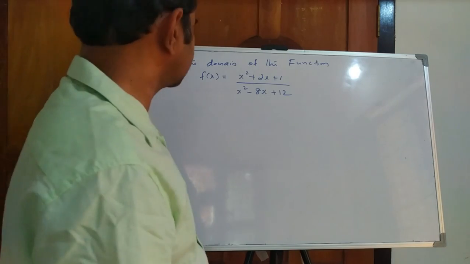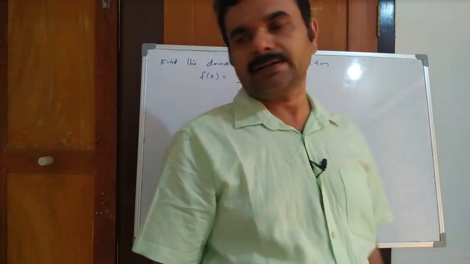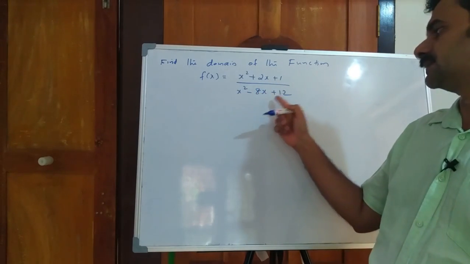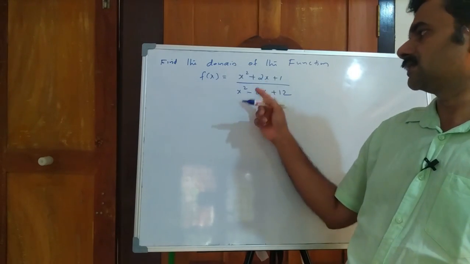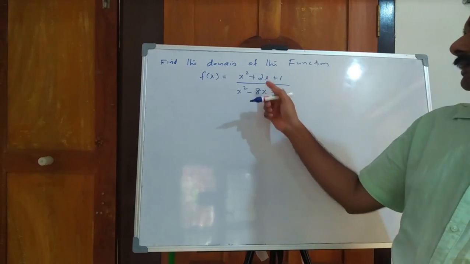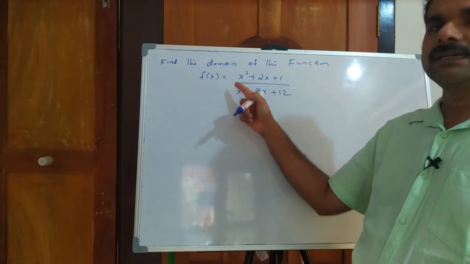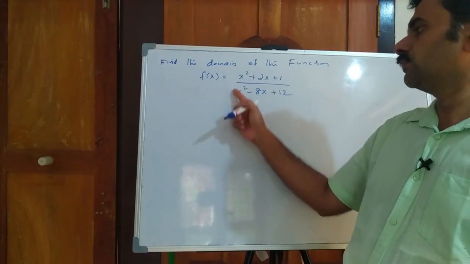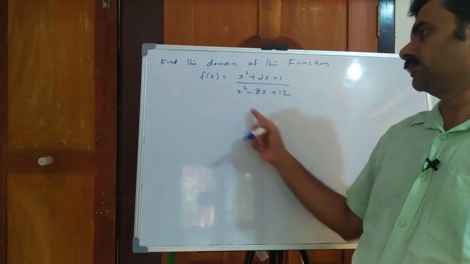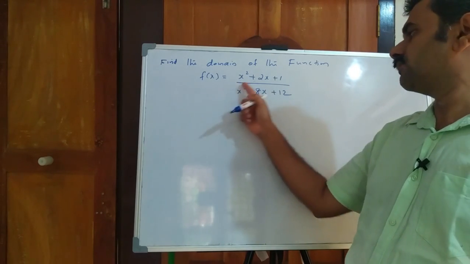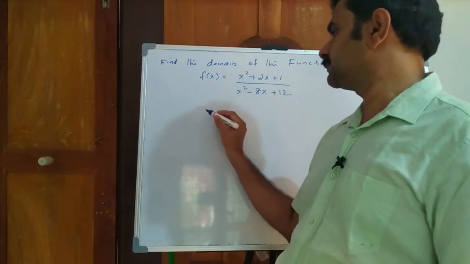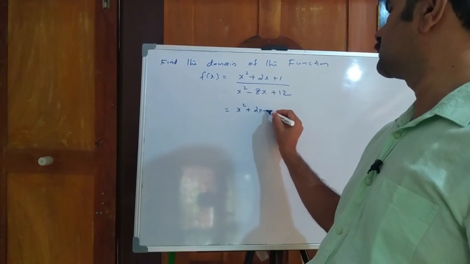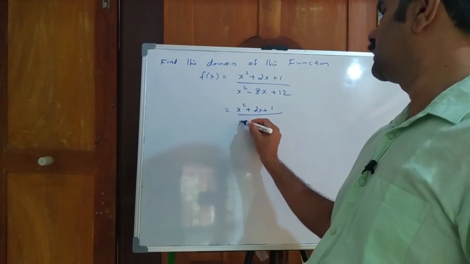Find the domain of the function f of x equal to x square plus 2x plus 1 divided by x square minus 8x plus 12. Only the domain is asked. Since this expression is in rational form, that is P by Q form, its property is that Q is never 0. So first we are going to factorize this one as x square plus 2x plus 1 divided by x